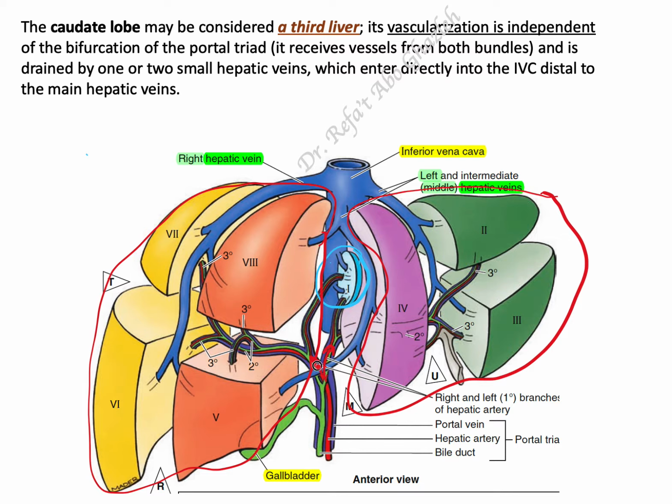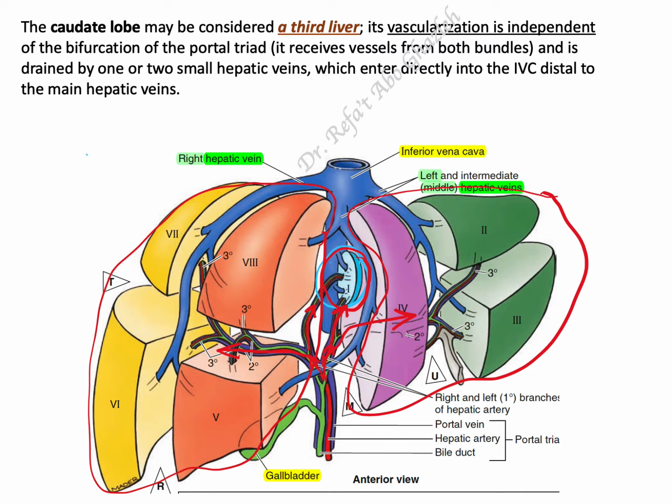The right hepatic artery supplies the right lobe. The left hepatic artery supplies the left lobe. Okay, but you see here, this caudate lobe takes blood from the right hepatic artery and left hepatic artery, and